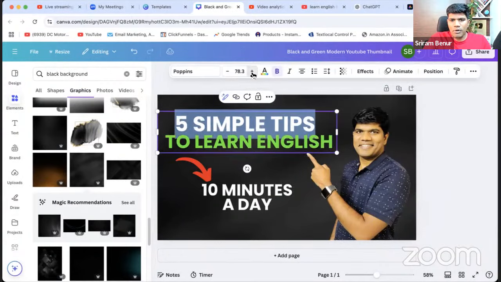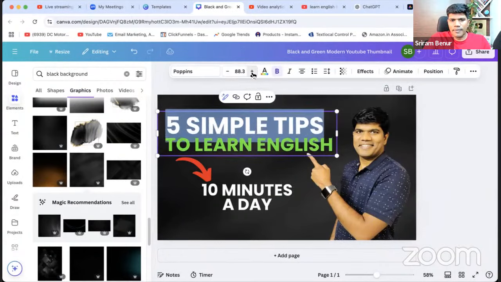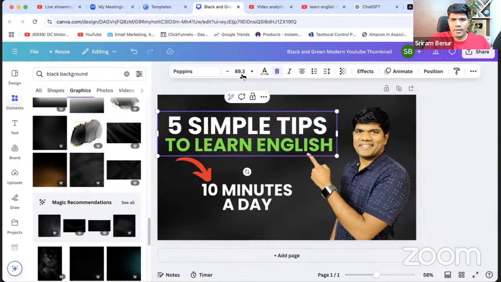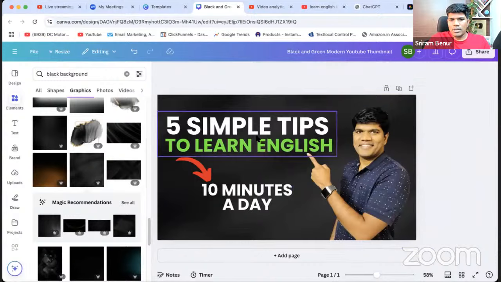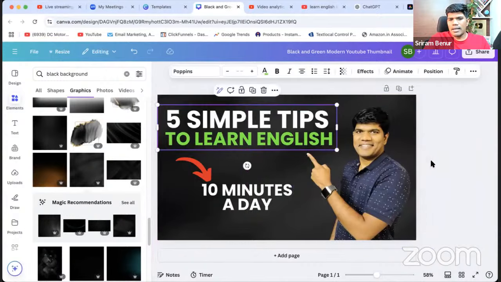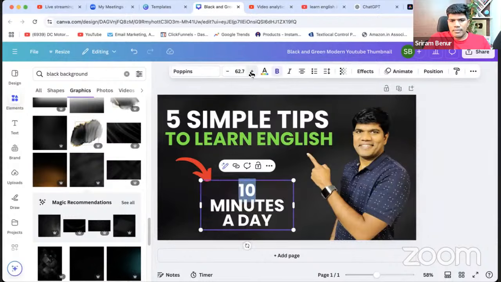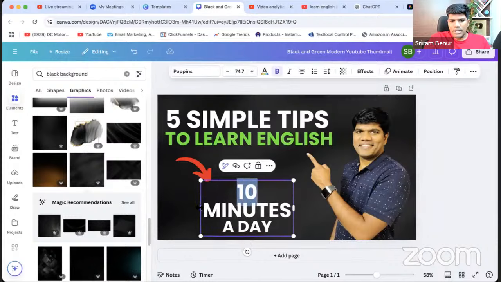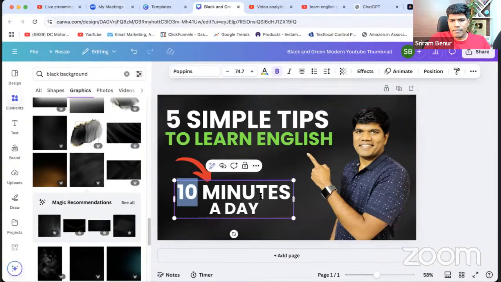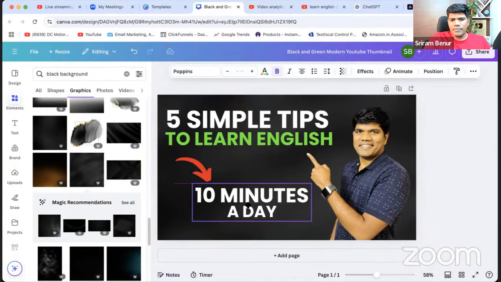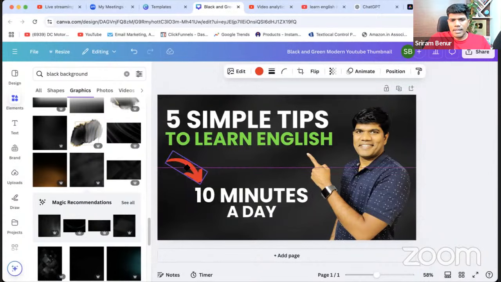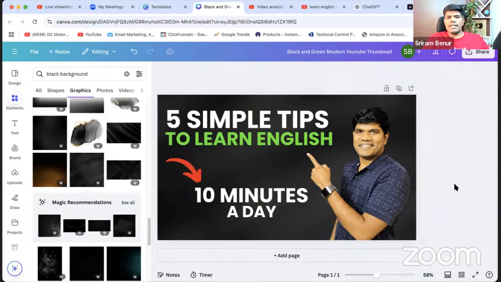I'm going to make this font bigger. 5 simple tips. Okay, you can make this bigger because that's what I want to highlight more, right? And then here, I want to highlight more on 10 minutes. You can make that even more bigger, right? So that's how you can create a thumbnail which is going to grab more audience attention.